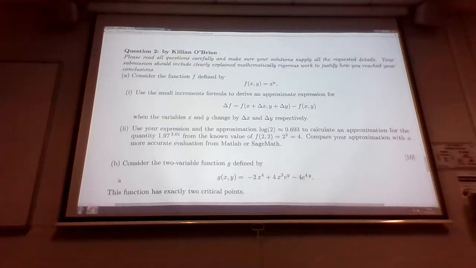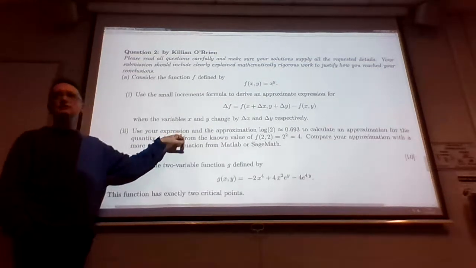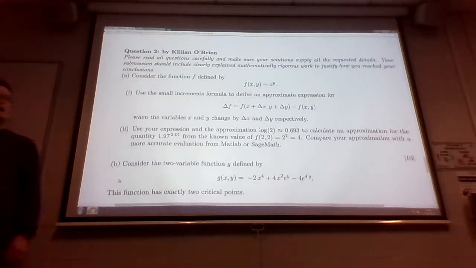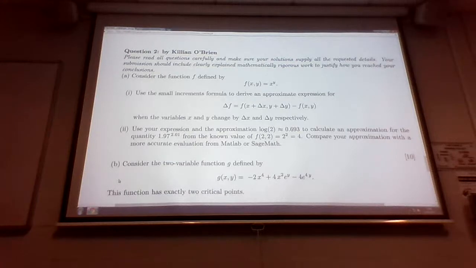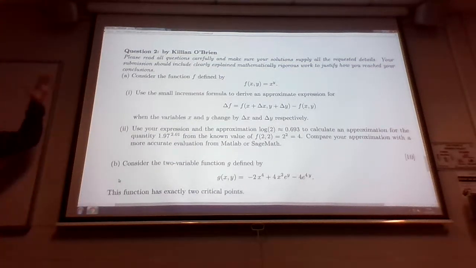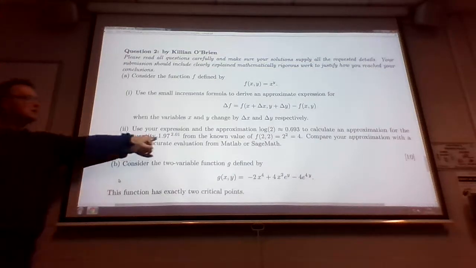If you type that into your calculator or type it into Matlab, it spits out the answer for you. But to get a bit of a clue about some of the basic principles about how computers can obtain values for these kind of things, question A kind of brings you through finding a first order or a linear approximation to this value based on